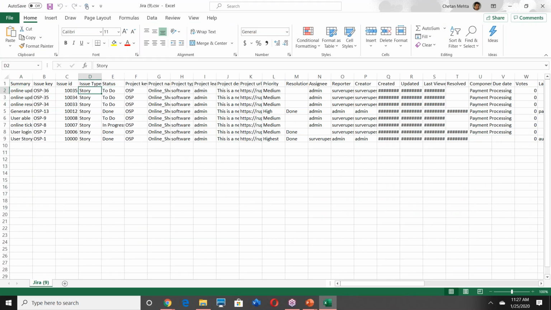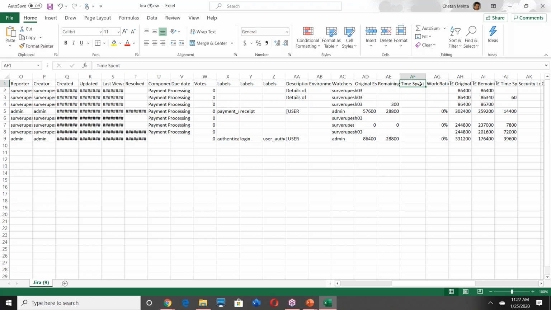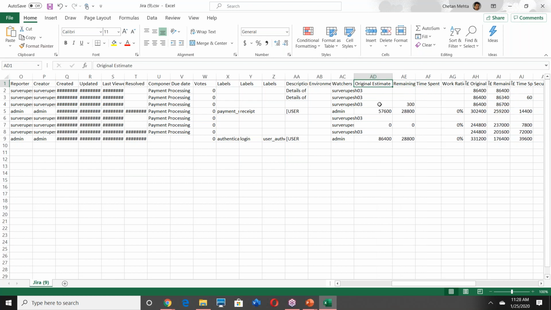So based on this, you can say, okay, let's say your manager has requested, I want to see all the stories in the project. So you have the data, correct? Now, depending on what exactly they need to see, you need to customize it. For example, they want to see how much time you spent on this story. So you have something here, time spent. Because we don't have data, it's not here. But assuming that somebody did everything correctly and entered the data, you will see it here. Like, for example, original estimate. What was the original estimate?